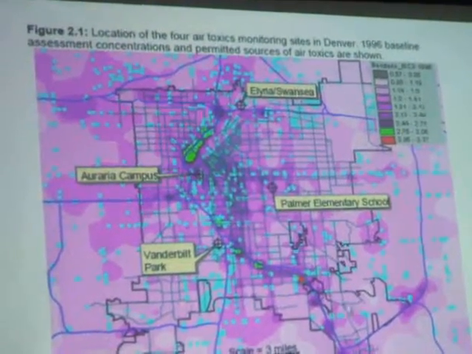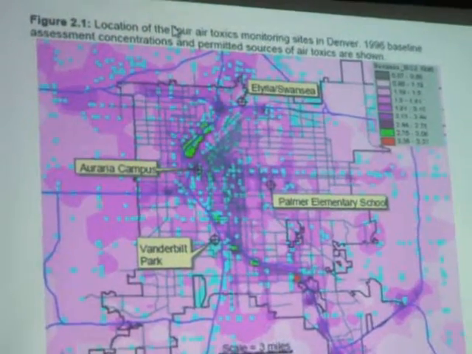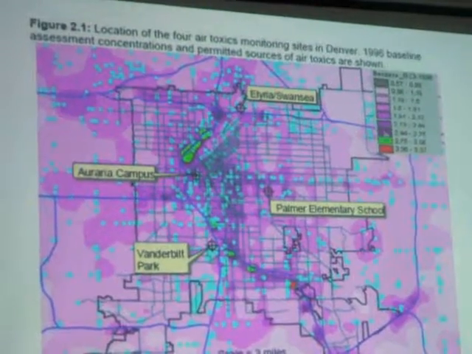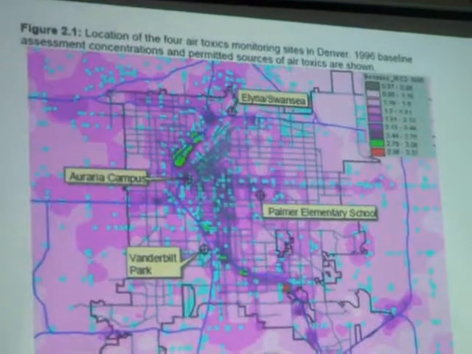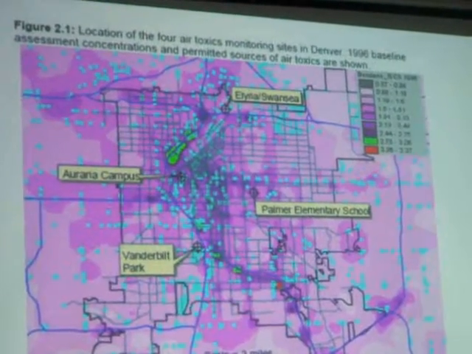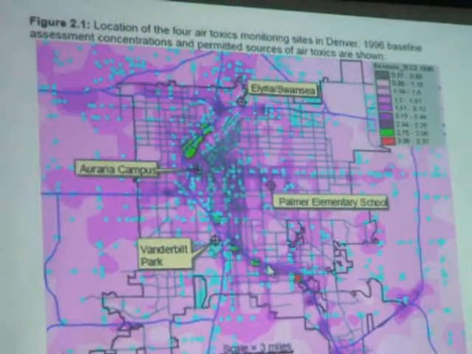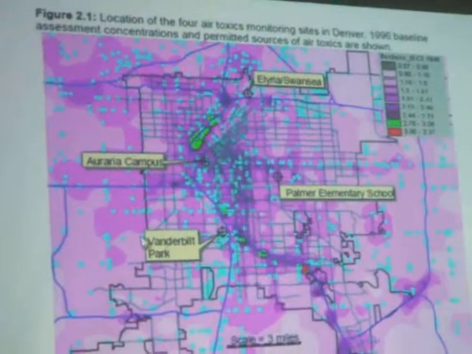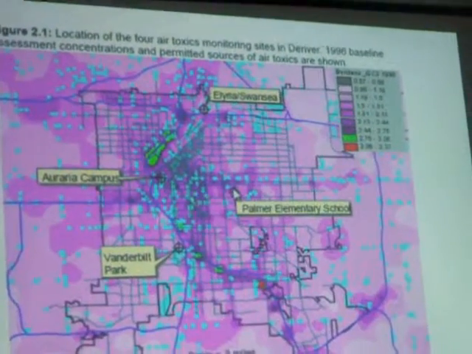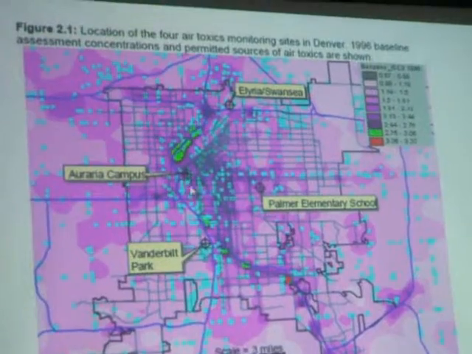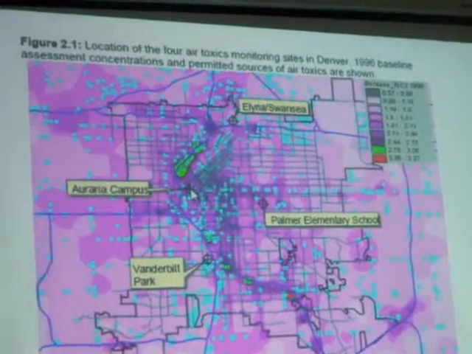The shades of purple are model, and a few greens and reds are modeled annual average benzene for this area based on the sources and meteorology and so on. The real purpose is to identify 4 monitoring sites that we were using in this study. Both the data that I'm going to talk about, the online GC operated